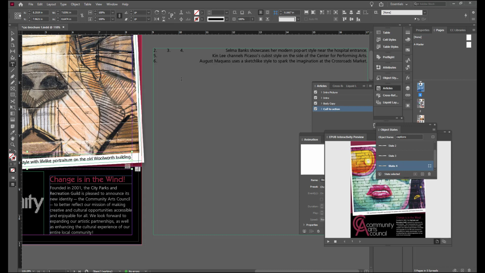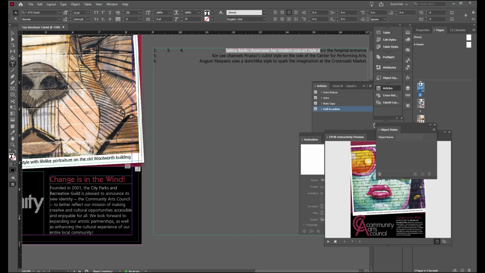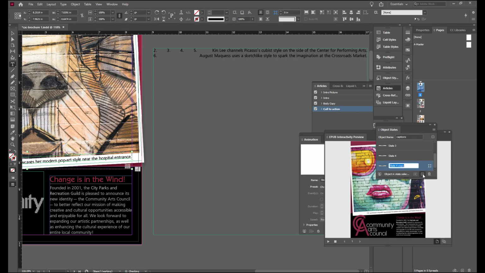Picking up my Text tool, I'll again pick up the next line, cut that, paste it in. I'll temporarily access this block by holding down my Control key, make a new state, State 5,